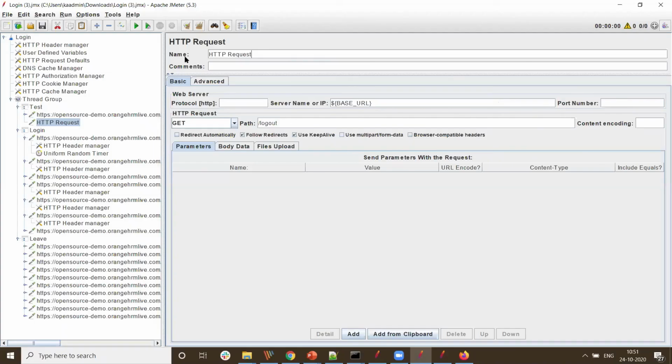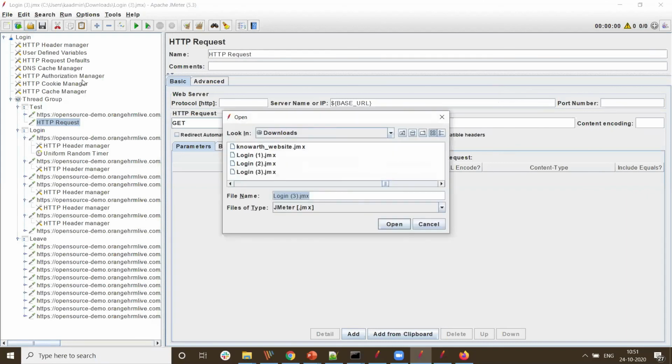Okay. Someone has raised the hand. Can we include two controllers at a time, for example, loop controller as well as transaction controller? Yes, you can do. Okay, let me show some clip. You will have some more idea.